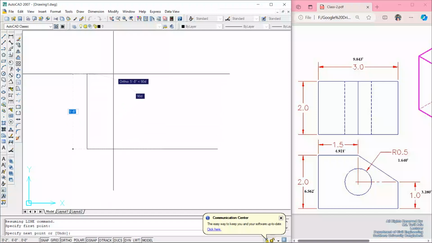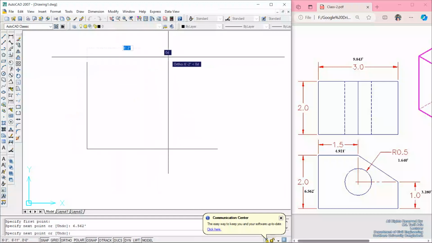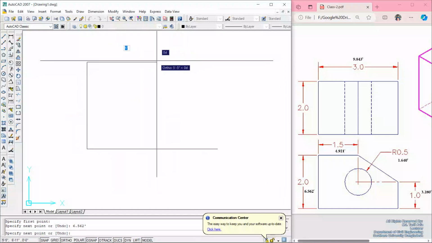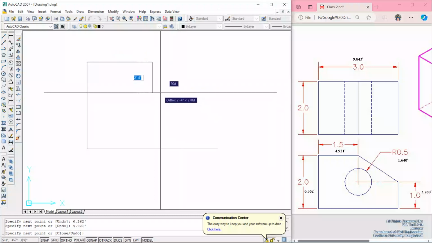So just write 6.562 feet, enter. So there is a line, and again we want to go 4.921 feet horizontally to the right side. So just move the cursor in that direction and then write 4.921 feet. After doing this, just press the escape button on your keyboard,